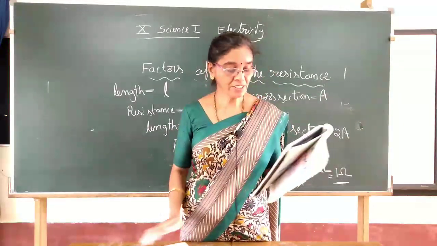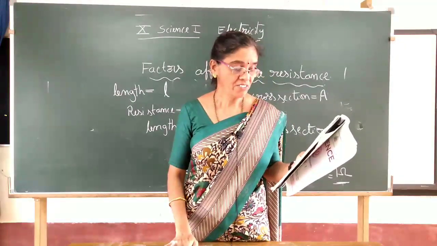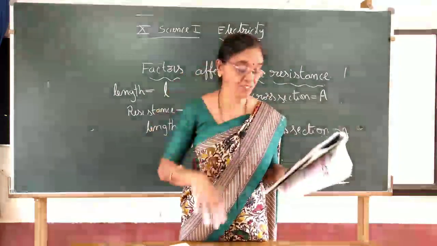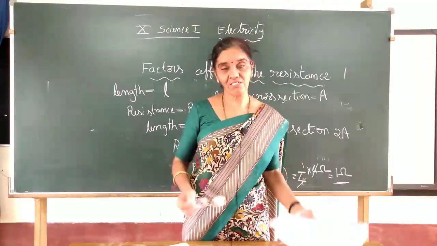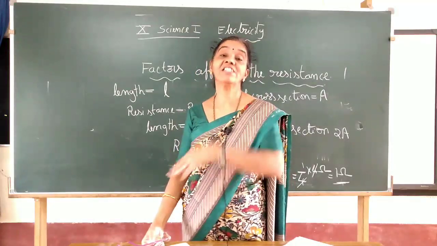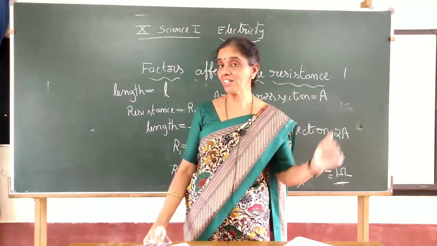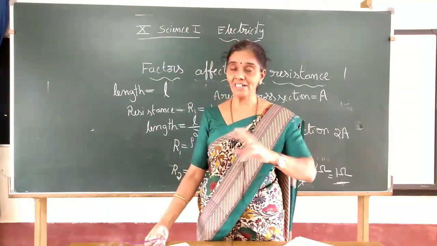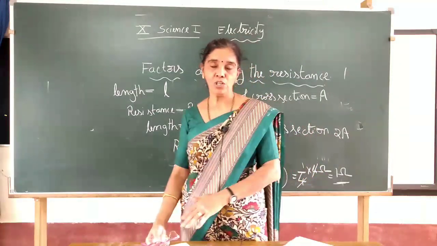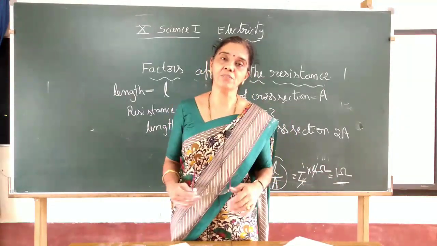That is the reason. Third one: let the resistance of an electrical component remain constant while the potential difference across the two ends of the component decreases to half. Then what about the value of the current? When potential difference decreases to half, what about the current, children? Will it increase or decrease? Tell me first. It will decrease. According to Ohm's law, the voltage and current are directly proportional. If voltage is more, current is more. If current is more, voltage is more. So if voltage is reduced to half, the current is also reduced to half its value.